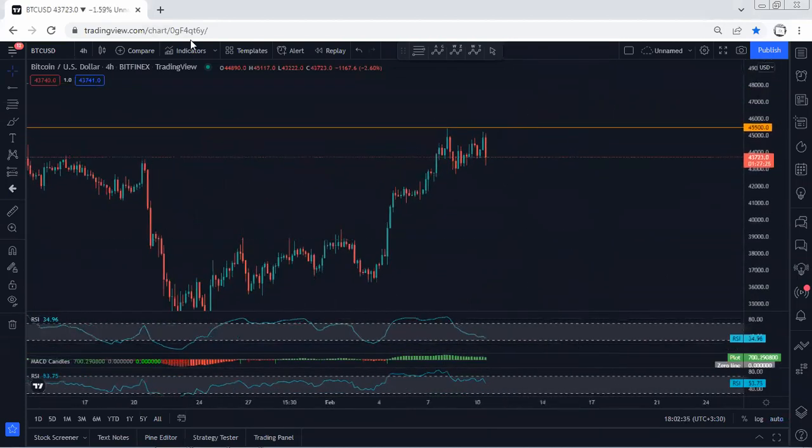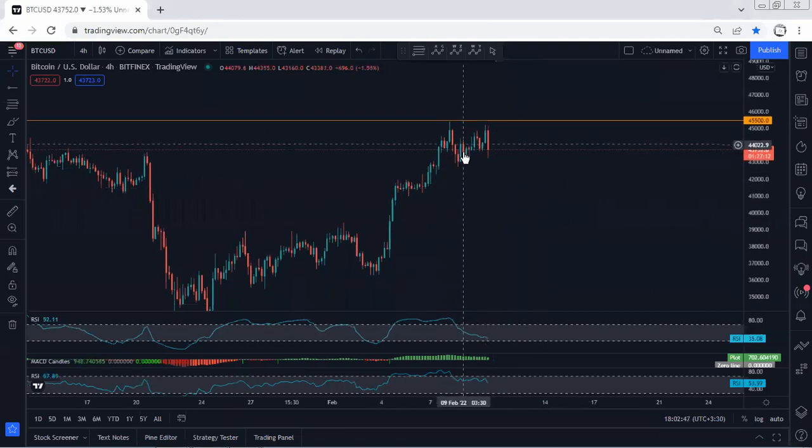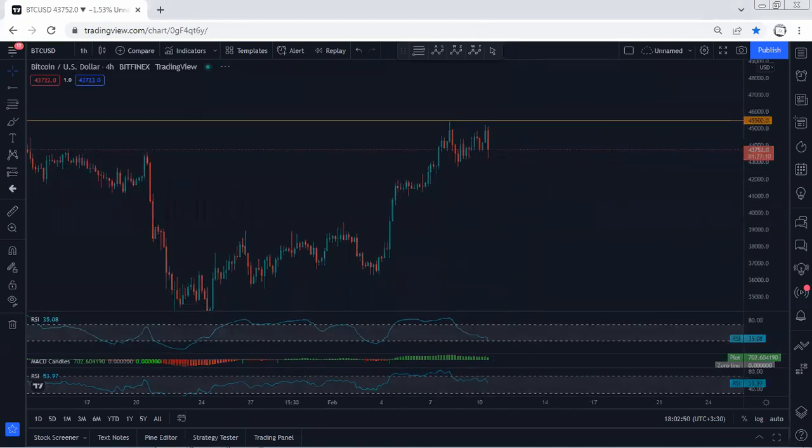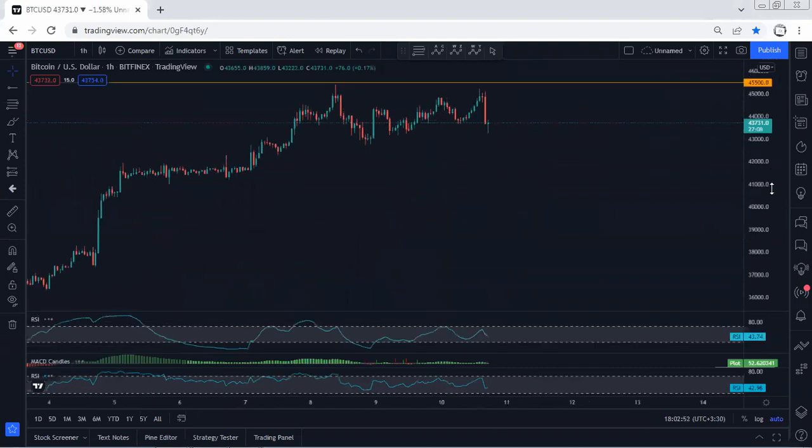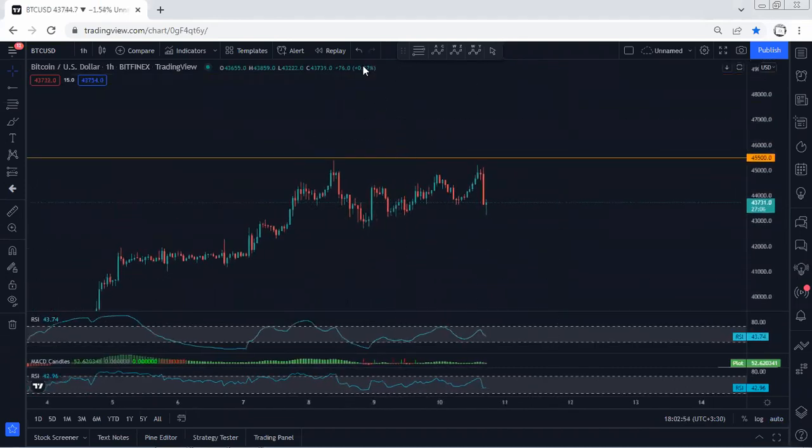If we move to the 4-hour chart, the indicator doesn't show us any information. Mostly we want to see whether we can look at this one as a flat or not. For any opportunity for buy, the breakout of the 45,500 is really important for us. Even based on the 4-hour chart, we don't have any trade setup, either for buy or sell. If I move to the 1 hour chart, as I mentioned, we can look at this one as an internal flat, a three-wave bigger flat relative to this. This is how we can look at the chart at this point.